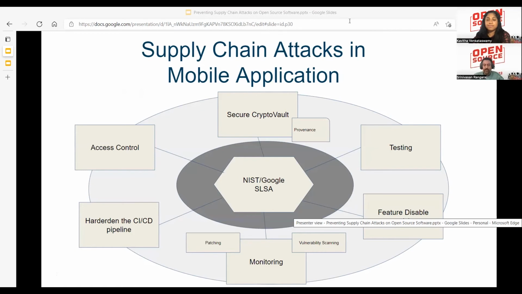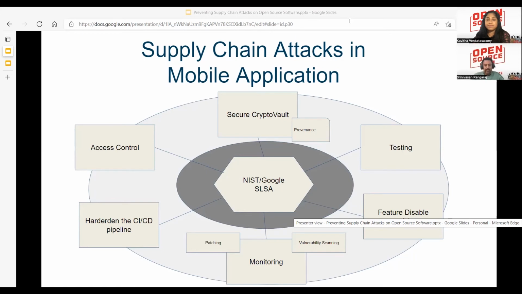So this is more from a framework or a process standpoint. You can leverage this. In addition to this process, you have to make sure all your access control to your CI/CD is hardened, and the entire CI/CD pipeline should be hardened. There should not be external access into your CI/CD pipeline. So no malicious actor could come and infiltrate into your CI/CD pipeline.